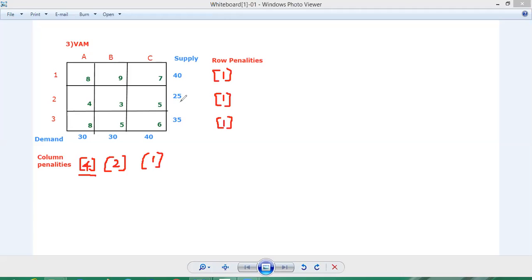So here the supply is 25 units and the demand is 30 units. We need to pick a minimum value out of these 30 and 25. So 25 is the minimum value. So allocate 25 units. Once you allocate 25 units, this will become 0. And the remaining demand will be 5 units. Since this has become 0, we need to strike out these two cells because we don't have anything to allocate to these two cells. The entire 25 supply is consumed.